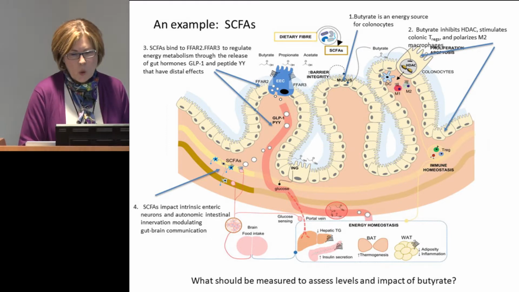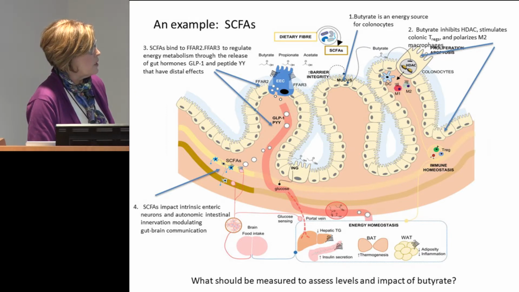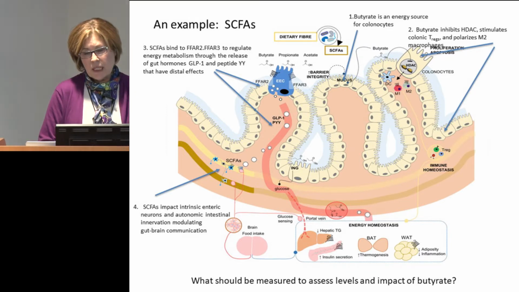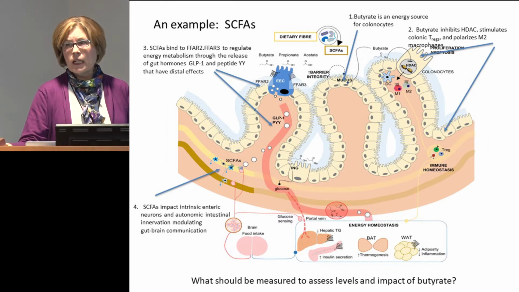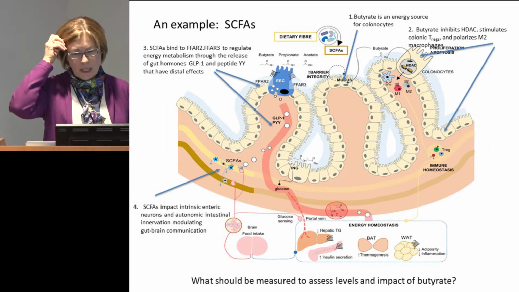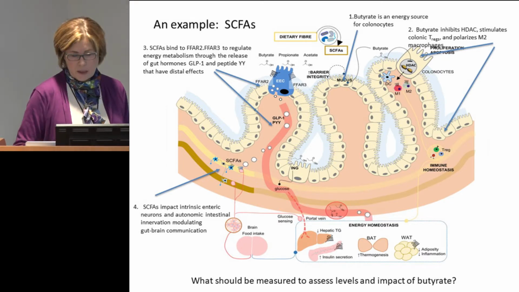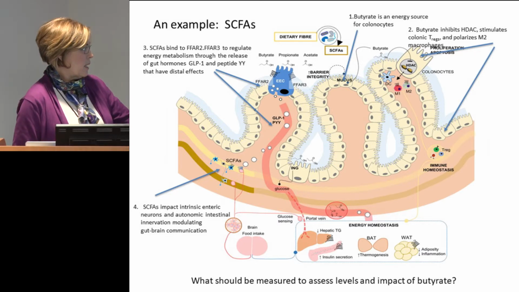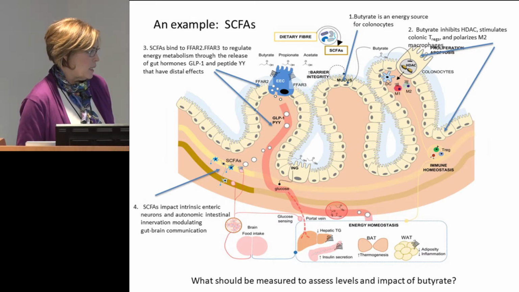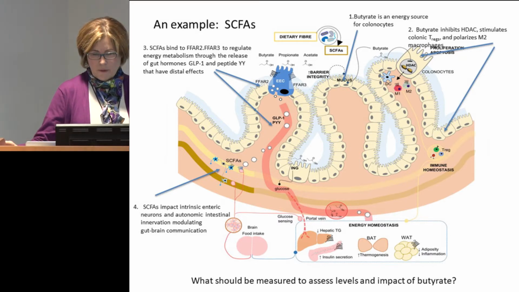doable. We know that short-chain fatty acids bind to a couple of G-protein coupled receptors in the epithelial cells in the gut, and they regulate energy metabolism by releasing gut hormones GLP-1 and peptide YY. Not practical to measure those in the GI tract, but might we be able to measure the distal effects that are known to take place in the liver and in brown and white adipose tissue? And finally,